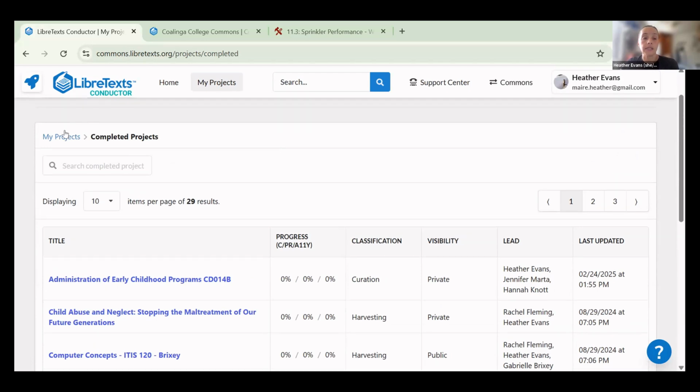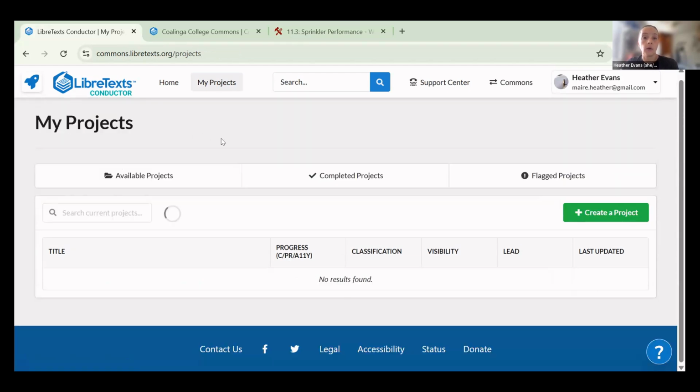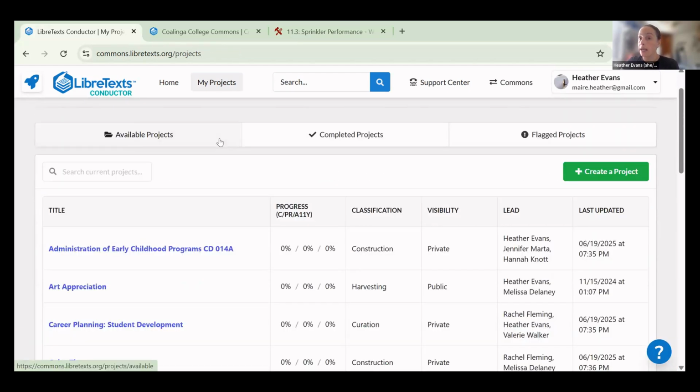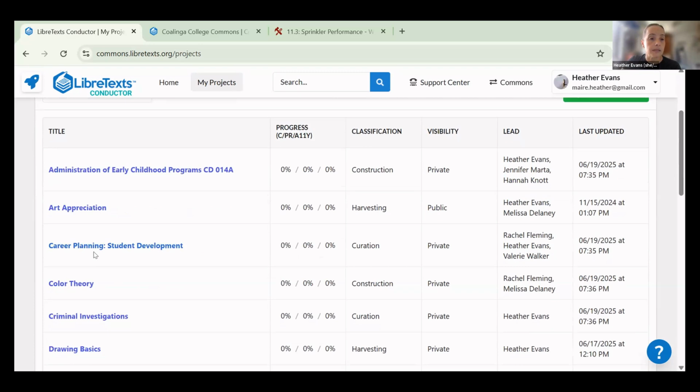One of the projects that we recently completed was an English textbook. And one of my instructors had ended up accidentally pulling in a bunch of extra information in the remixer. And it was very simple to just go back to the remixer and remove the stuff that we didn't need. You just go ahead and you go into here, I'll do it on one that's,